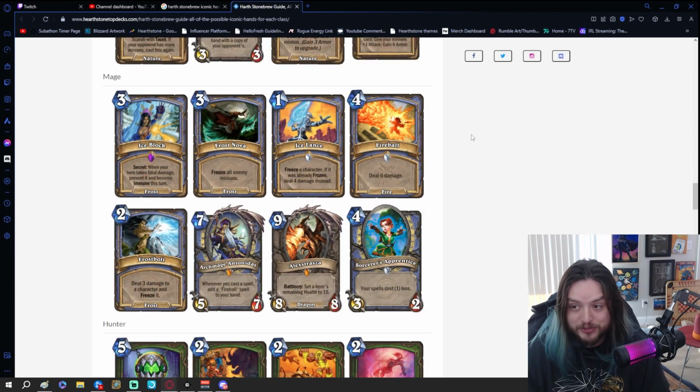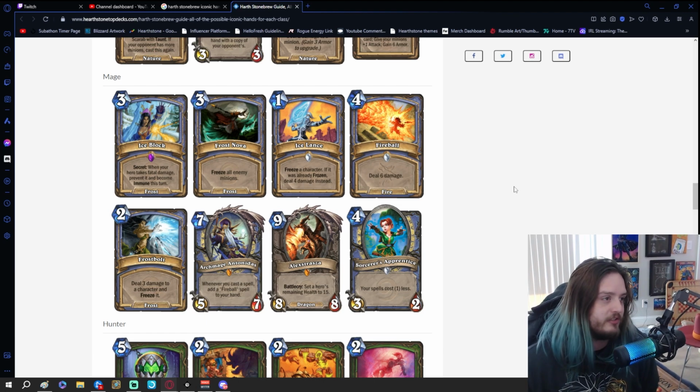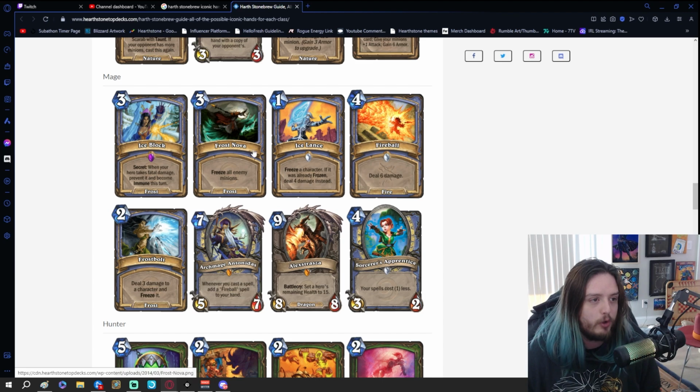And then probably the most iconic one possible, Freeze Mage. Ice Block is back. Oh no. I can already tell you the secret did not beat me. I went up against this hand exactly once, and I had too much pressure to where the Freeze Mage hand just didn't get there. But Ice Block, Frost Nova, Ice Lance, Fireball, Frostbolt, Archmage, Antonidas, Alexstrasza, and Sorcerer's Apprentice,